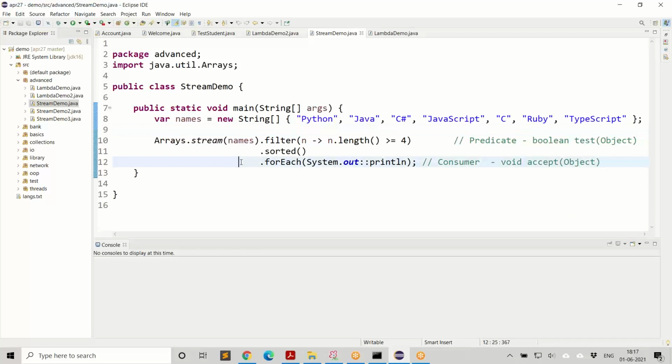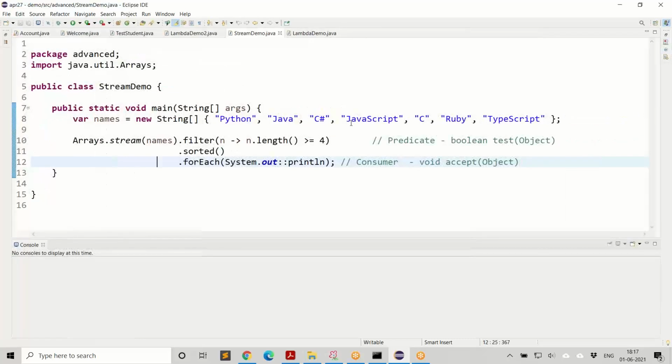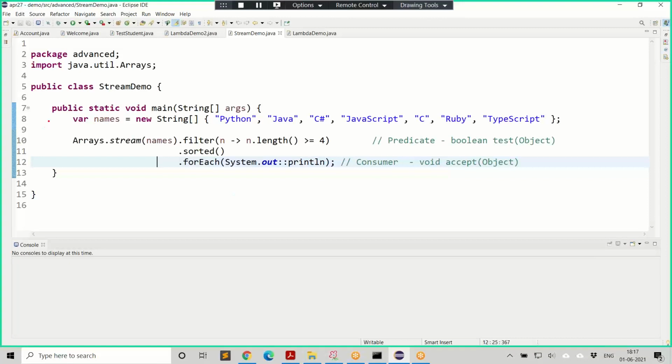That's also not a big deal. But I want to take only those names that have more than 4 letters, 4 or more letters. So I want to first select only a few names that have greater than or equal to 4 letters, then sort those names and print them. So to do that, this is what we have to do. Let's start with our first task.